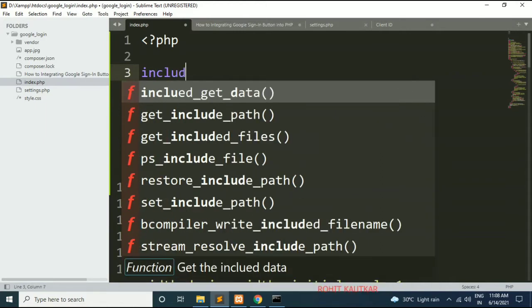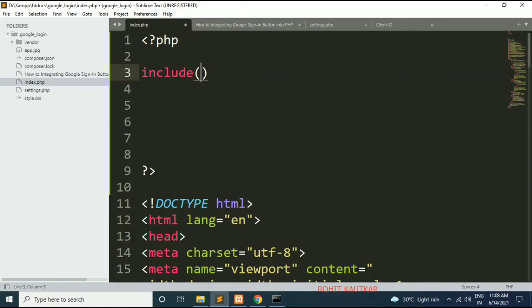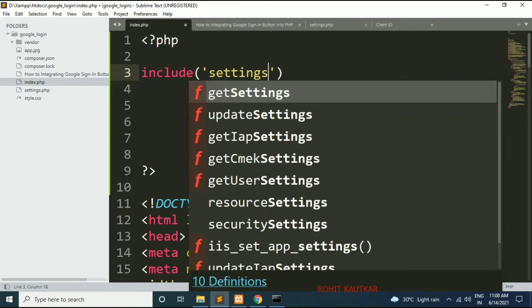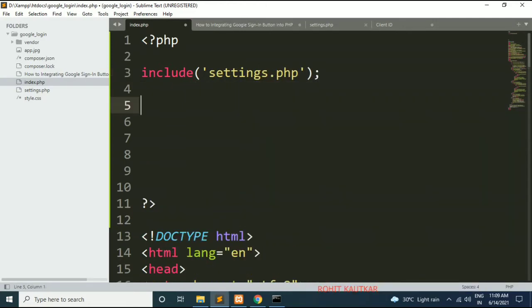So I will write here include settings.php.